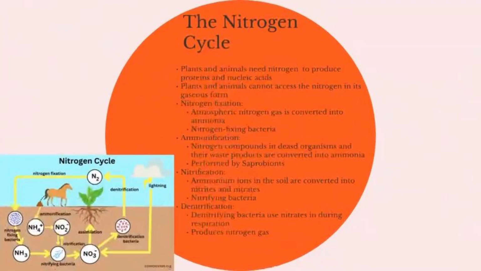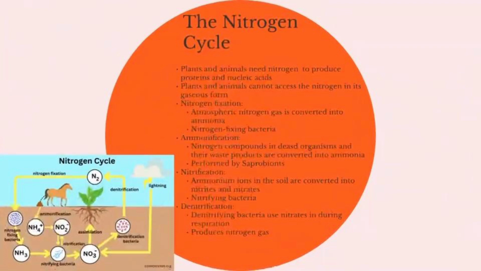The next step is nitrification, and during this stage the ammonium ions in the soil are converted into nitrogen compounds that can be used by plants, and these are known as nitrates, and this step is carried out by nitrifying bacteria. Normally there is an initial stage where the nitrifying bacteria convert ammonium ions into nitrites, and then a different type of nitrifying bacteria convert the nitrites into nitrates, and the nitrates are what can then be used by the plant. So then the final step is denitrification,